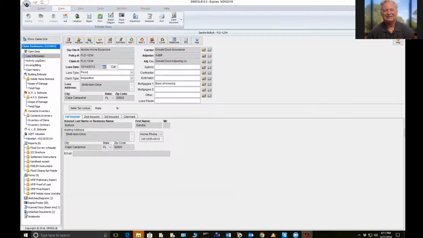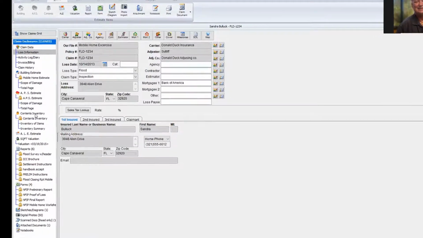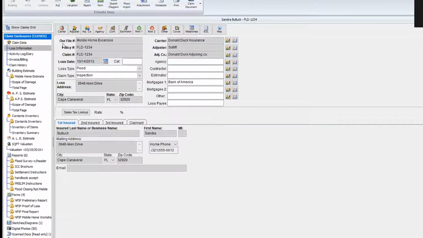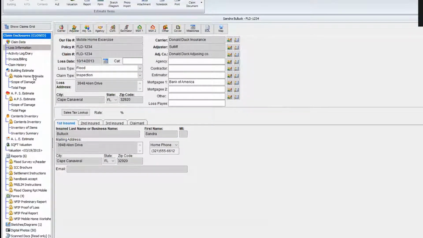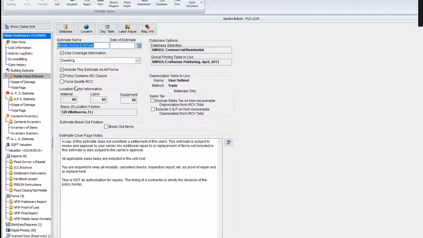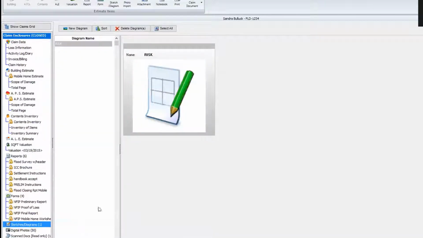Okay, so basically we have an estimate here that I have a mobile home I set up. One thing that I did here is I called it a mobile home estimate, put a date in there, which will be good, and you want to tie the coverage to the estimate, which is already in there. Let me just give you a diagram of what I believe we're looking at right here. So I'm going to come down here to the diagram,